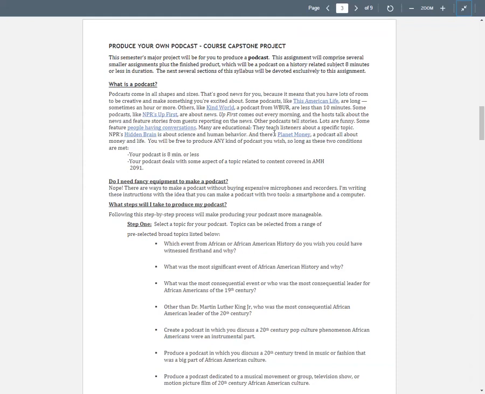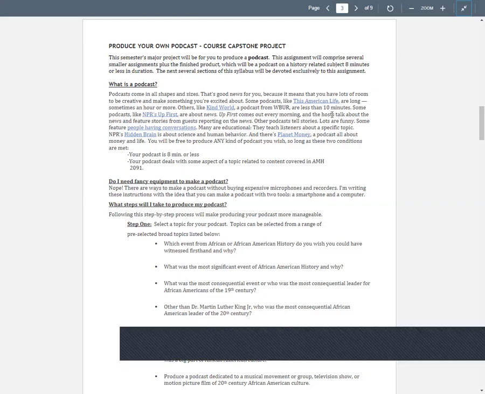As it states here under the section labeled "What is a podcast?", podcasts come in all shapes and sizes. That's good news for you because it means that you have lots of room to be creative and make something that you're excited about. Some podcasts, like This American Life, and if you are accessing the syllabus online in Canvas, you will note that there are a number of embedded live hyperlinks that are designed to take you to examples of podcasts that you can listen to.